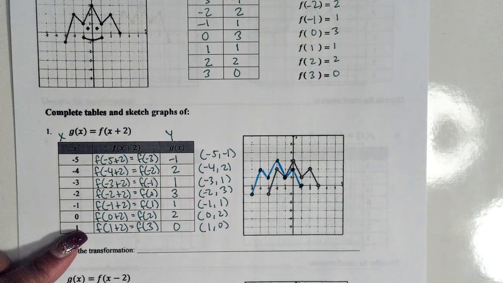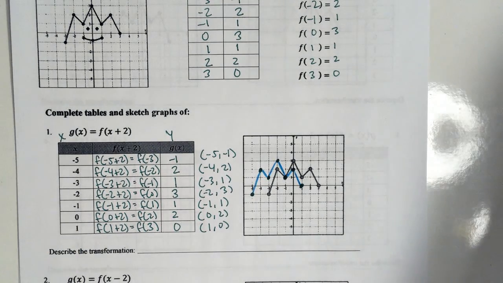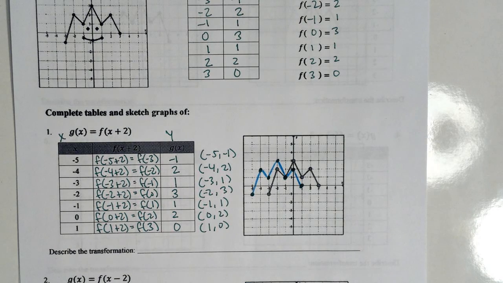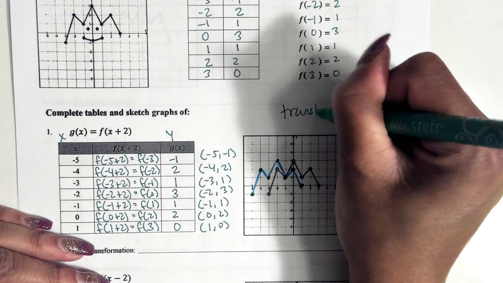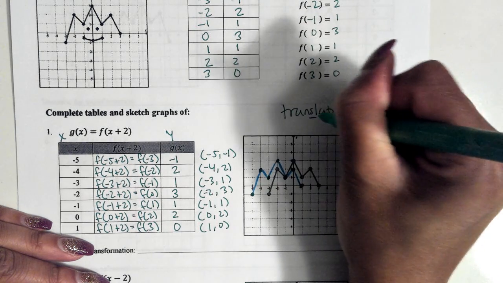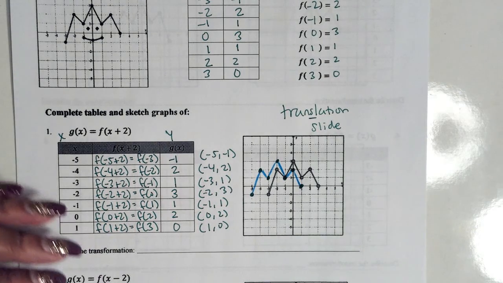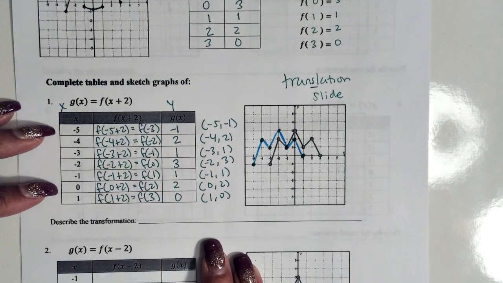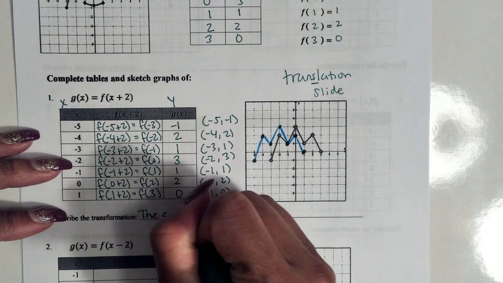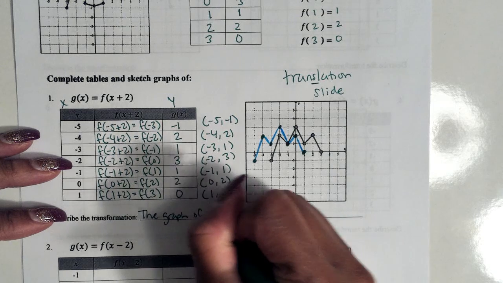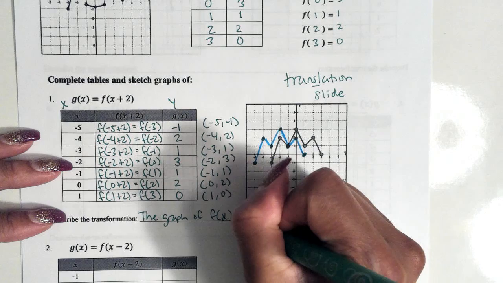So now notice what happened from our original monster and when we moved it. So the graph is translated. So when we talk about translation, you see the SL stands for like slide. So it means it slid over. So when we're describing the transformation, we say that the graph of f of x, because that's the original, okay, is translated